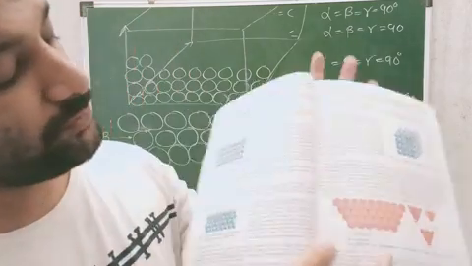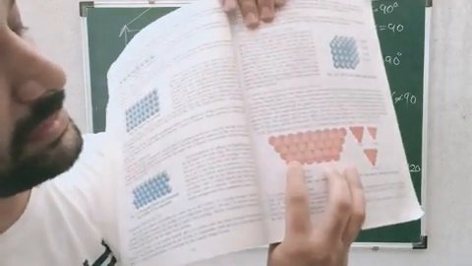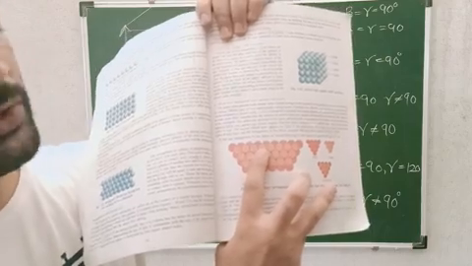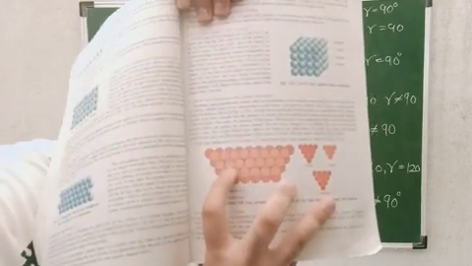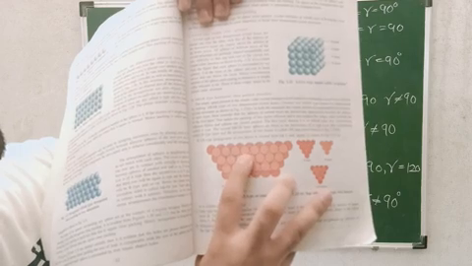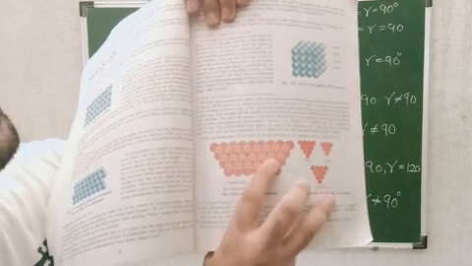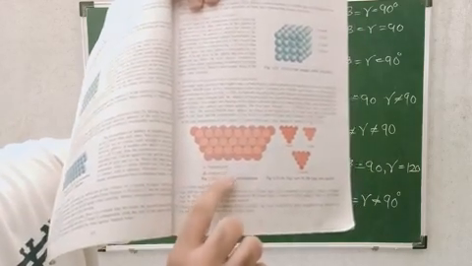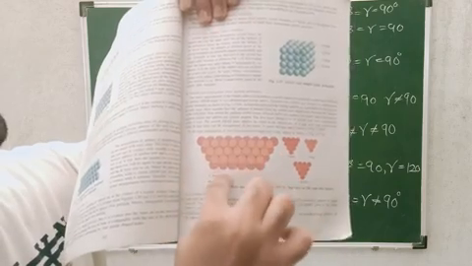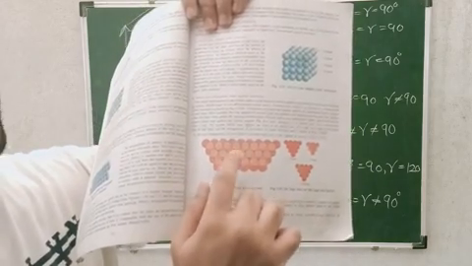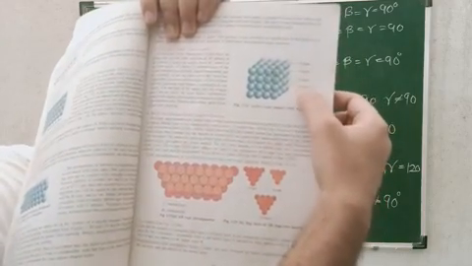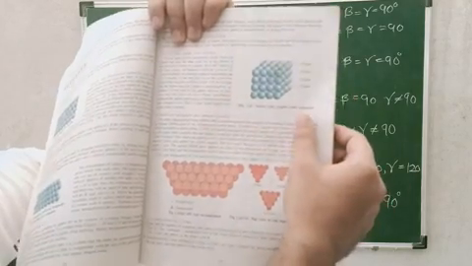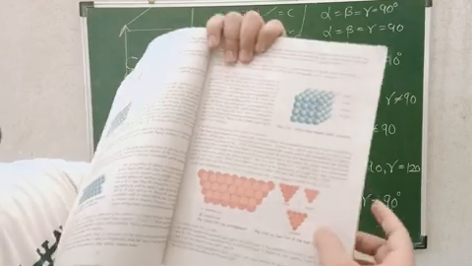Here again I will show you. See, in this you will have white spots. These white spots will be known as what? Octahedral voids. And here you will see red dots. These red spaces are known as what? Tetrahedral voids. See, here it is written tetrahedral voids and octahedral voids. This is 3-dimensional arrangement of AB type atoms, and this is 3-dimensional arrangement of AA type of atoms which are placed on one another. I hope this is clear.